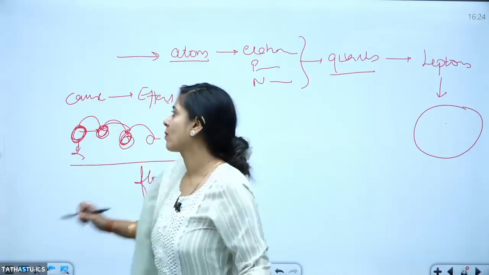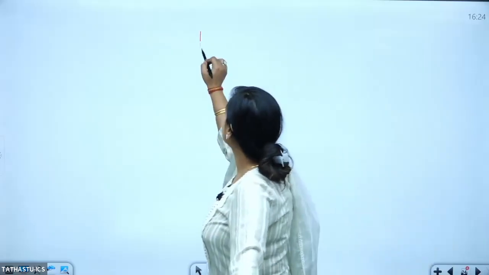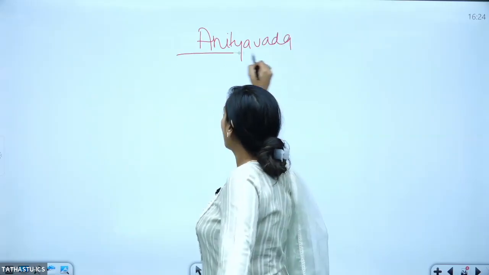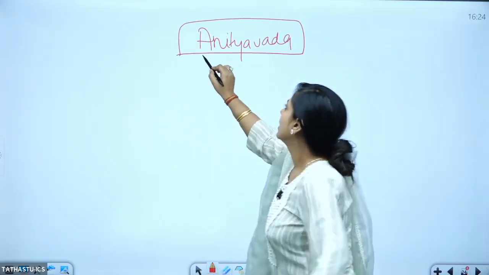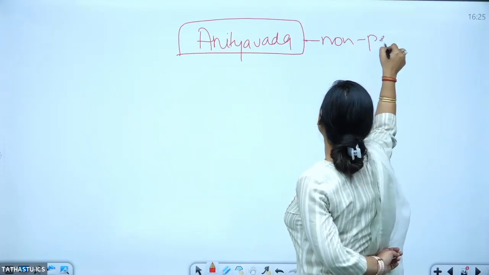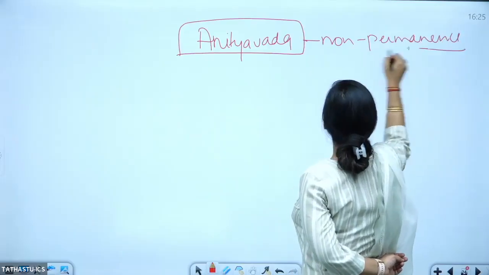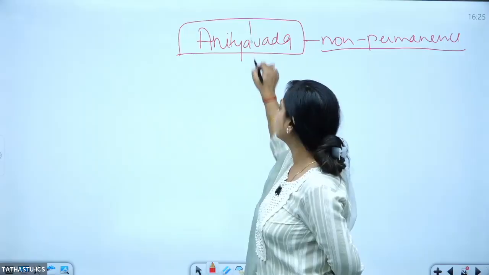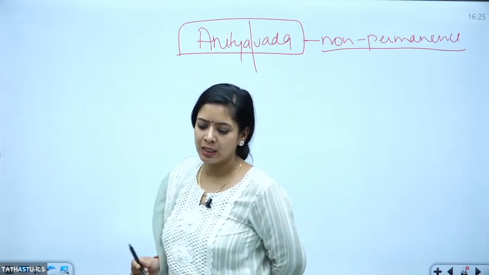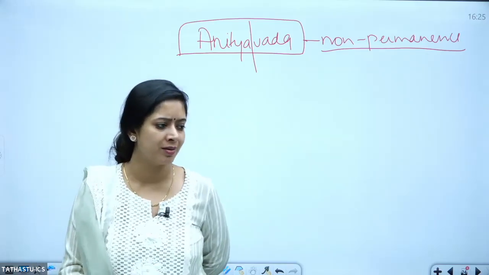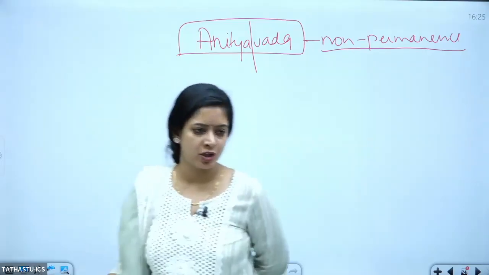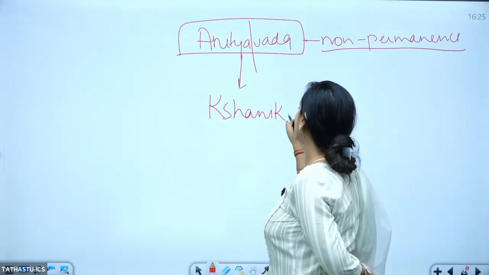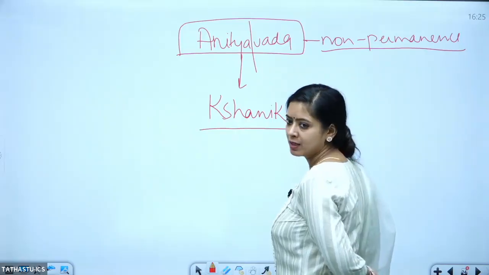According to Buddhism, there is a Nityavad. What is there? He gives the theory of Anityavad. Anityavad means non-permanence. Anitya, nitya means permanent, anitya means non-permanent. Vad means theory. Anityavad, theory of non-permanence. Nothing is permanent. Everything is momentary. Anityavad leads to Kshanikvad. Kshan means